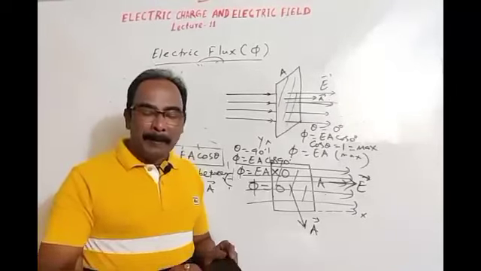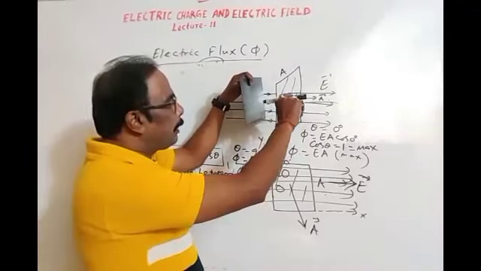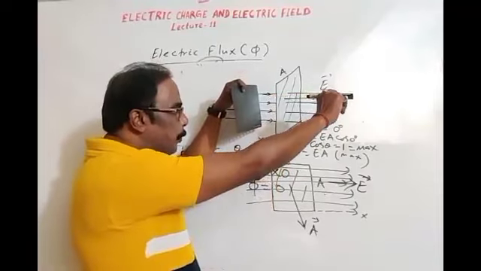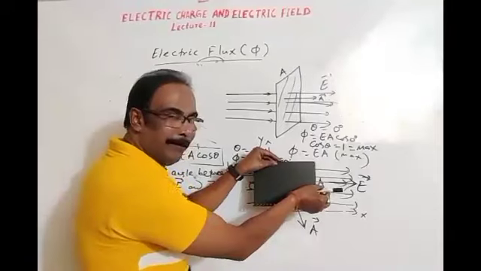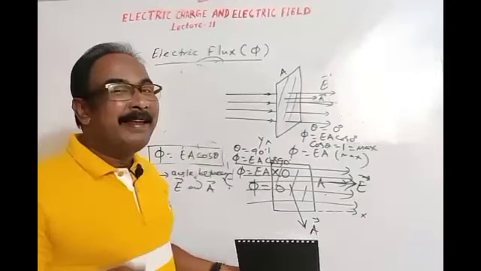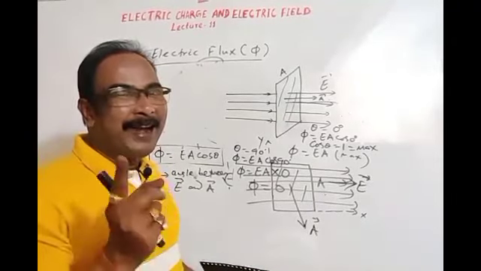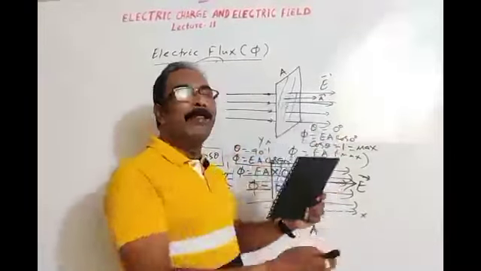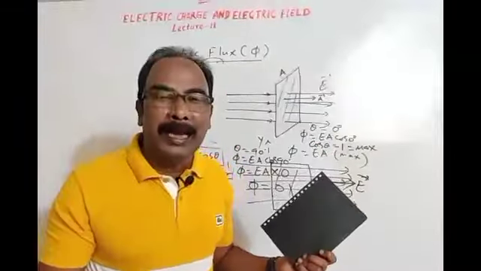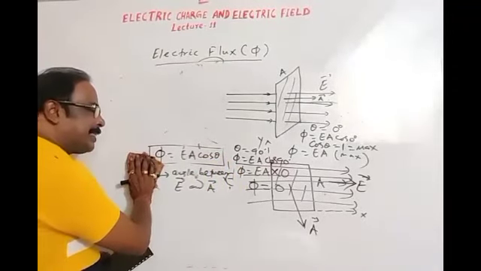Okay, so finally, if the plane of area is held perpendicular to the direction of electric field, theta is 0 degree. If the plane of area is held parallel to the direction of electric field, then theta is 90 degree. Plane of area parallel, angle between electric field vector and area vector is 90 degree. Plane of area perpendicular to electric field, then angle between electric field vector and area vector is 0 degree or 180 degree, you may take also. Okay, so this is about angle.